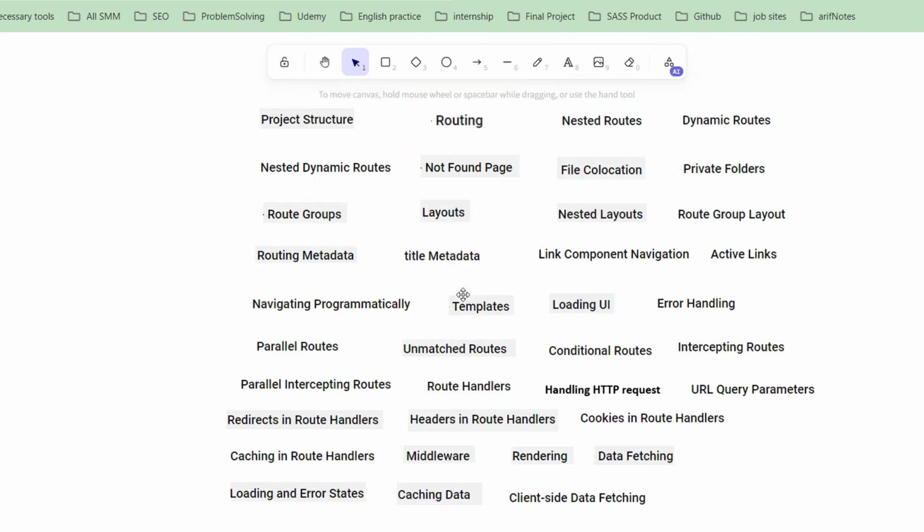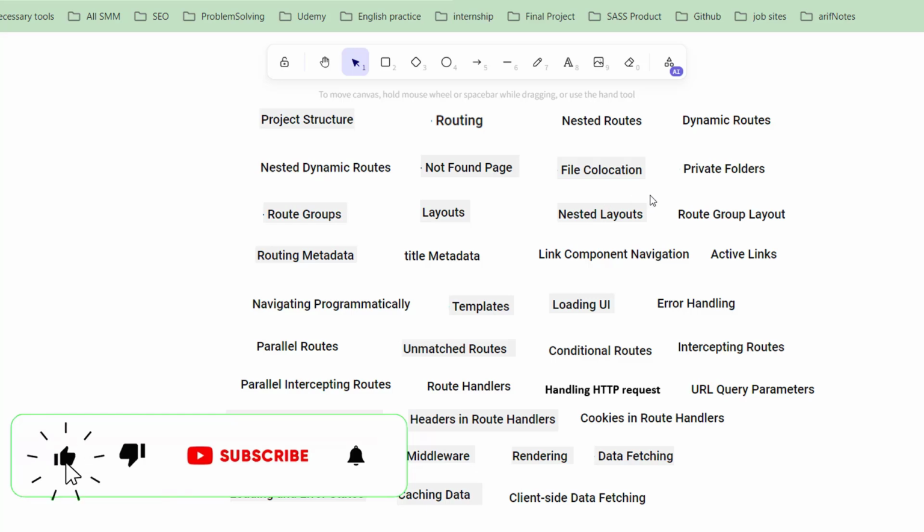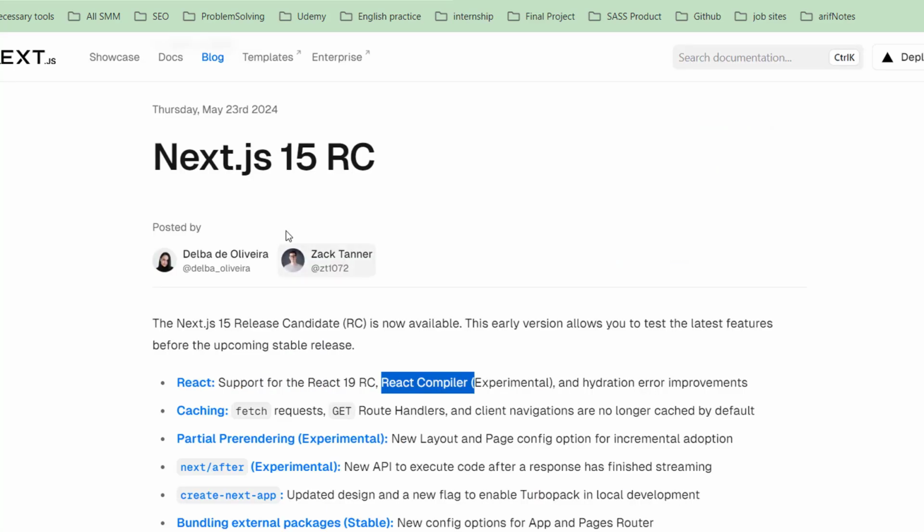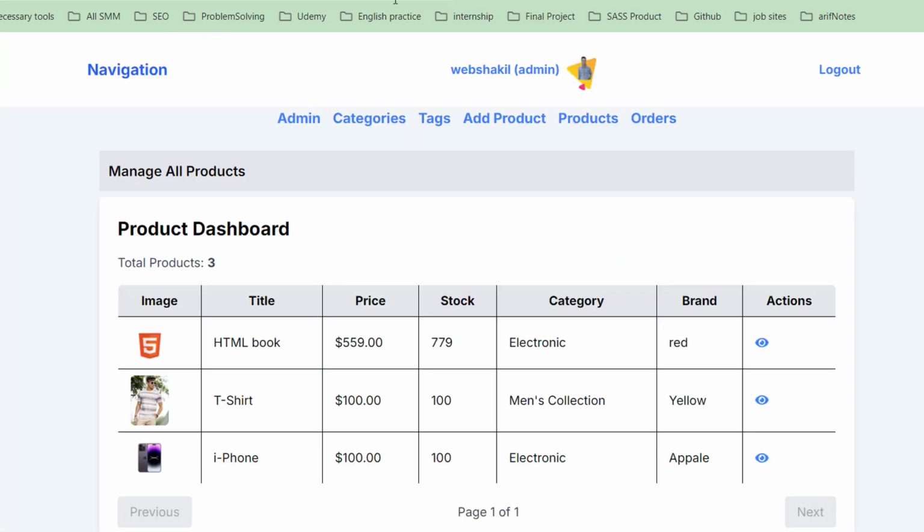And along with that, we will discuss these topics: project structure, routing, nested routes, dynamic routes, nested dynamic routes, not found page, file colocation, private folders, route groups, layout, nested layouts, route group layout, everything, and along with Next.js 15 features. And when Next.js 15 is stable, we'll create this mini app with Next.js 15, and it has